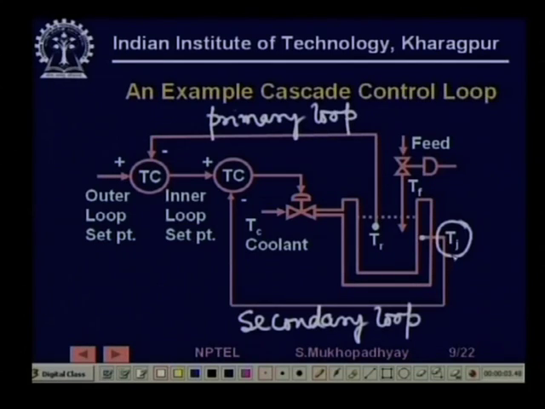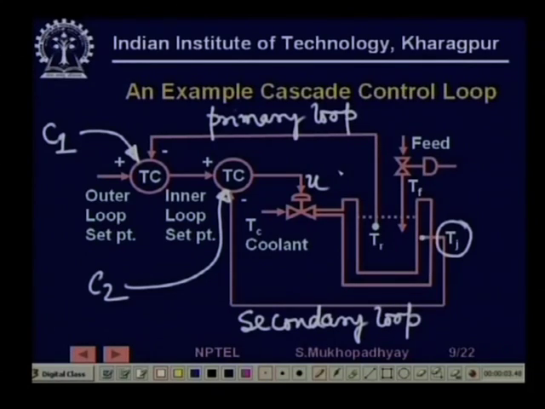So, the primary loop feedback is there, there is an error, and it is coming to the first controller. So, this is my C1, and this is another temperature controller which controls the jacket temperature, that is my C2, and finally this is my